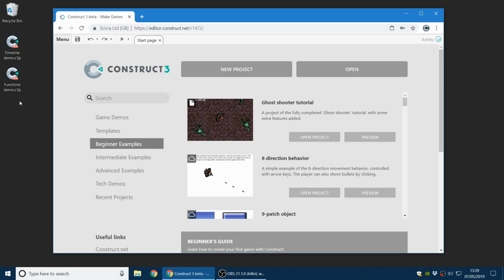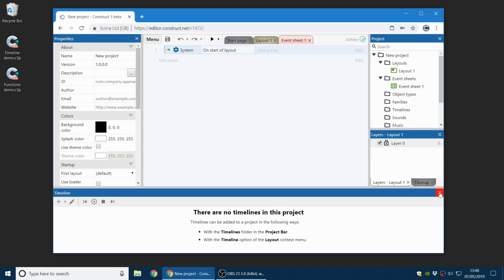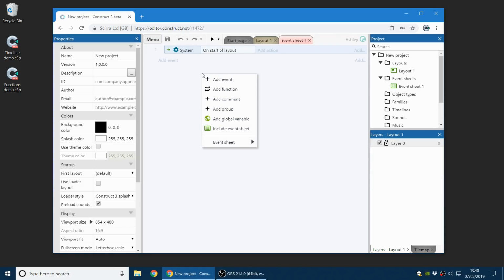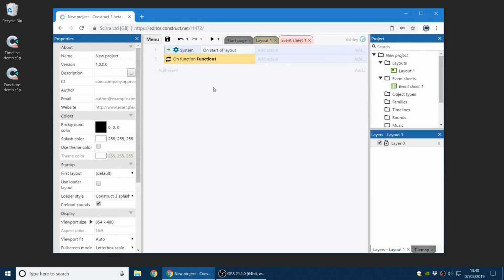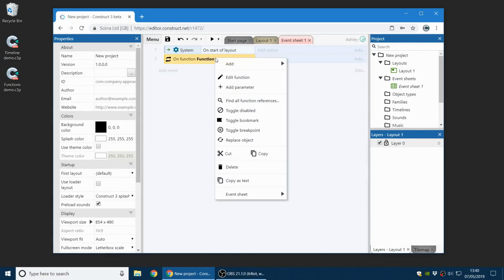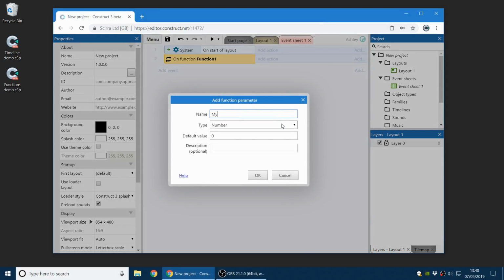This is a replacement for the old function plugin. We've already done a couple of blog posts about it and another video, which I'll link to in the description to this video, so I won't cover it in too much detail now, but just a very quick summary of how it works. You now use add function in the event sheet, and you can create a function which appears as its own block in the event system here. You can add parameters, give them names,